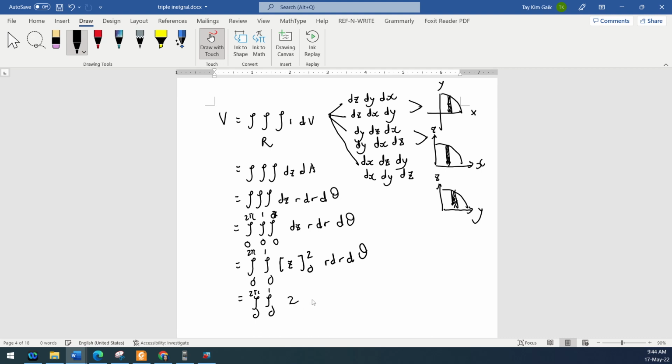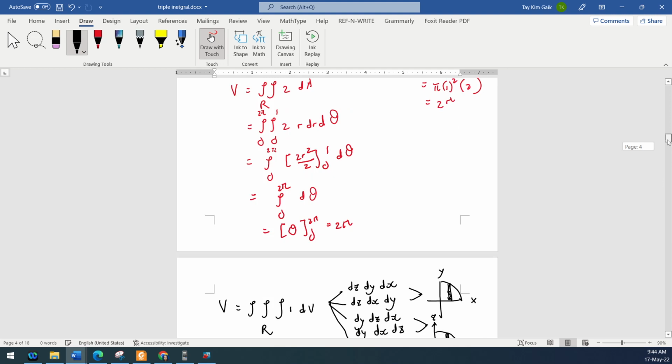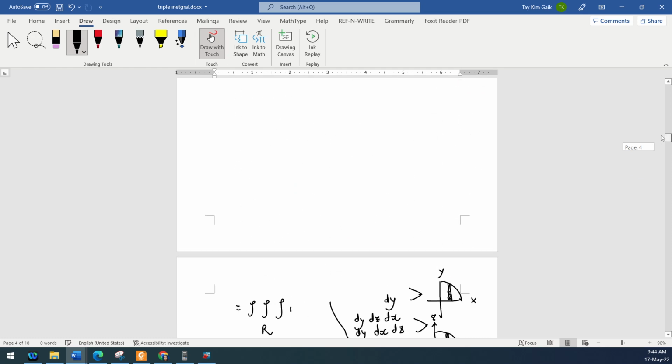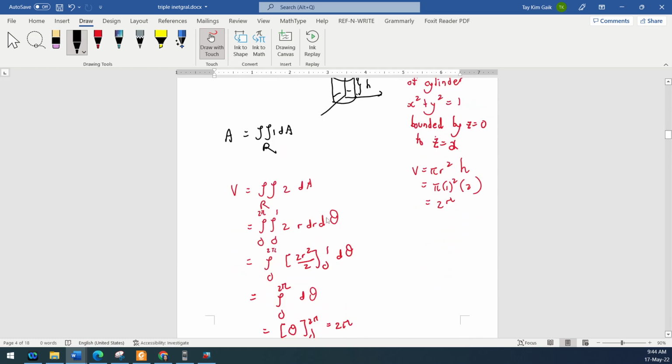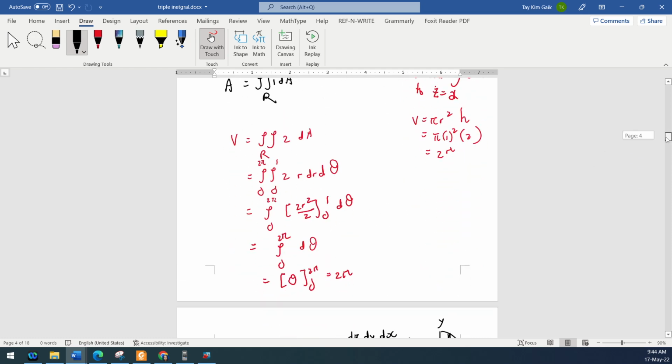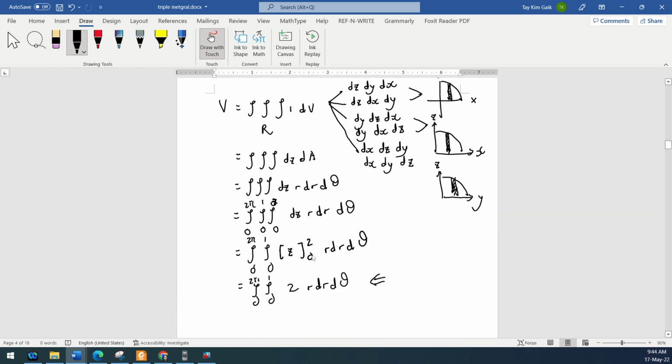You have 2 r dr dθ. So this step is actually similar to the double integral. The only difference is that the triple integral is more flexible,